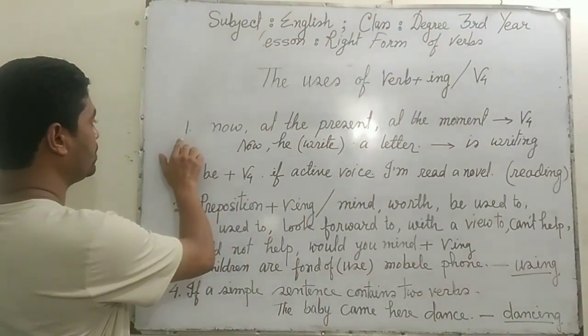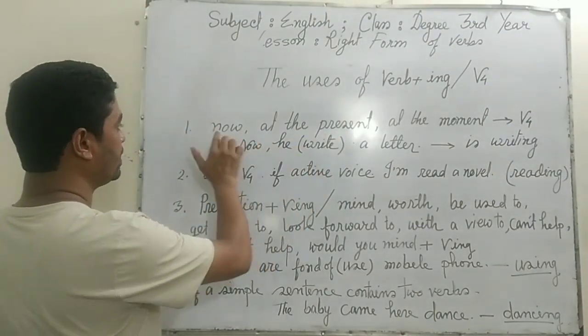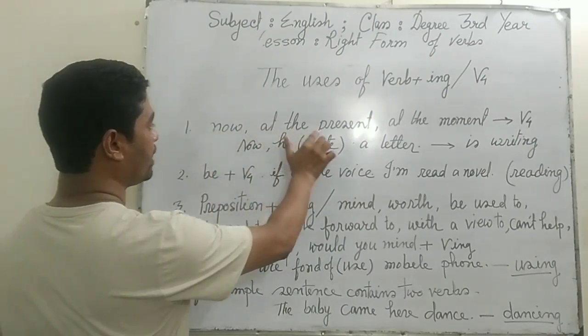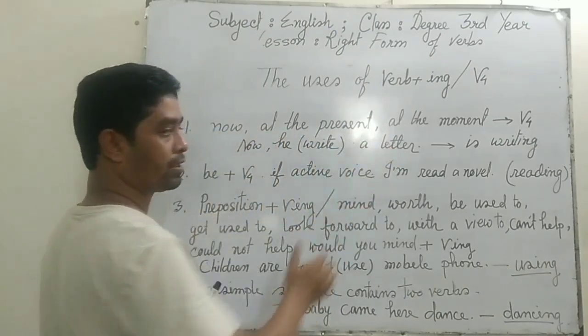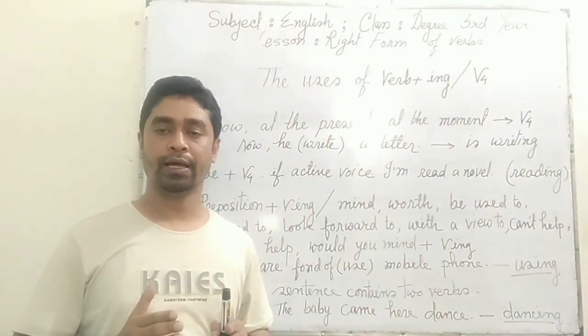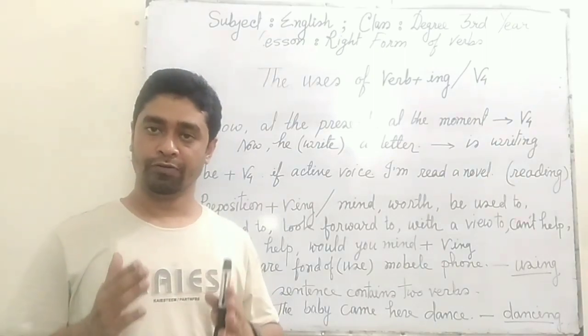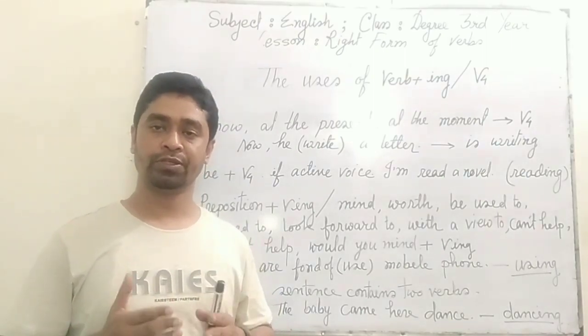Number 1, if in a sentence we find such words such as now, at the present, at the moment, then we will use the present participle forms or gerund forms of the verb,